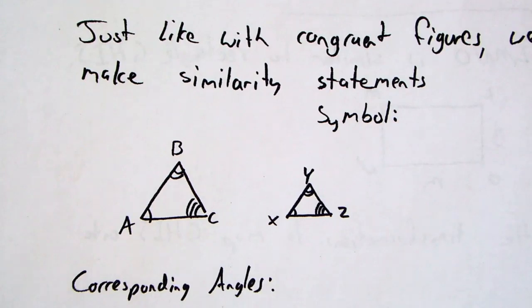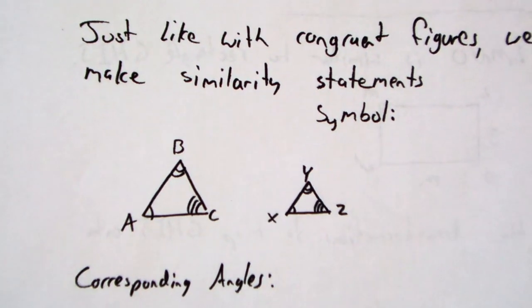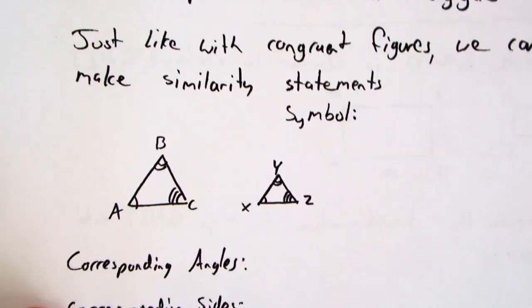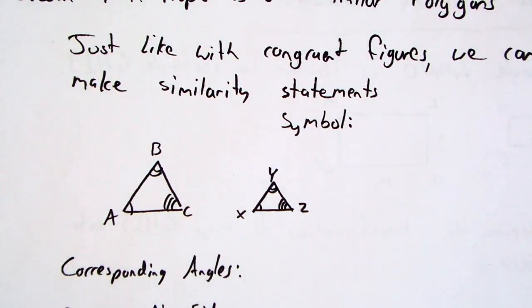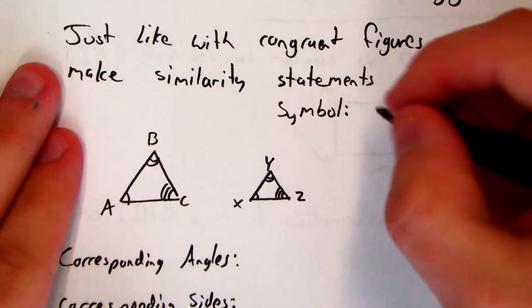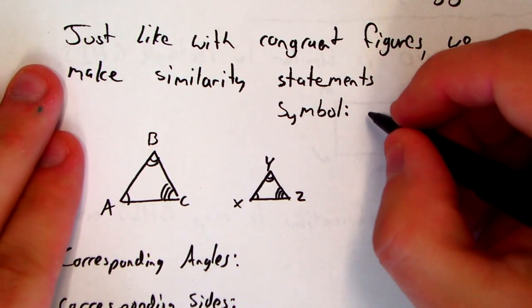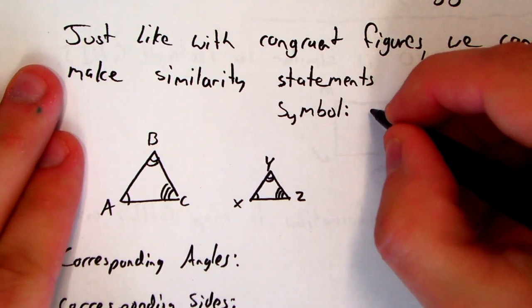All right, so today we're going to be talking about Chapter 7, Lesson 4. This is Properties of Similar Polygons. So just like in Lesson 1, when we talked about congruent figures and what we need to make sure that things are congruent, similar figures also have some statements that we need to make. So the first thing that we need to do is let's look at the symbol. So the symbol for saying that two things are similar